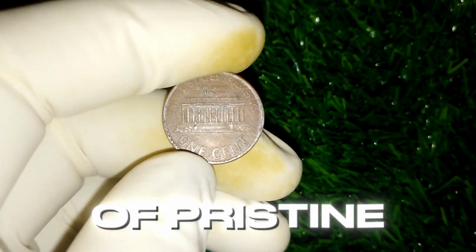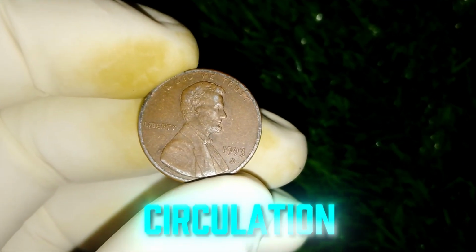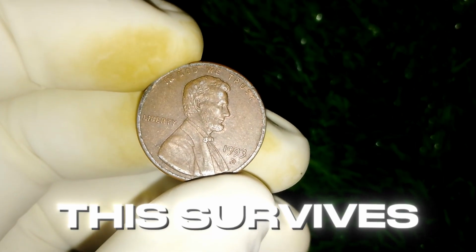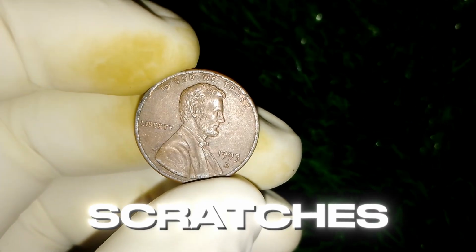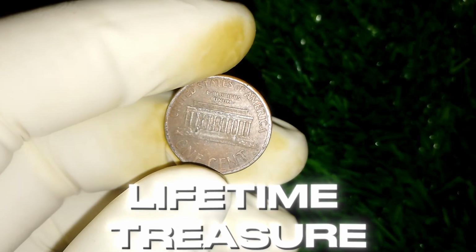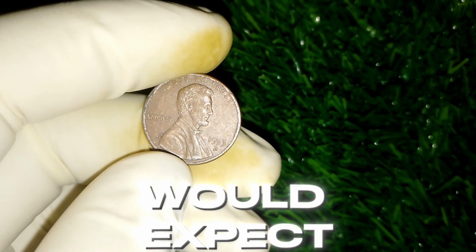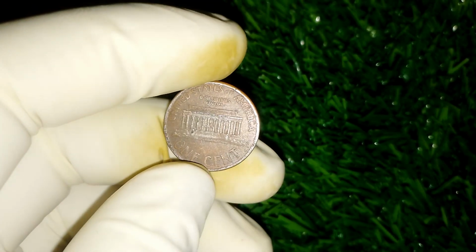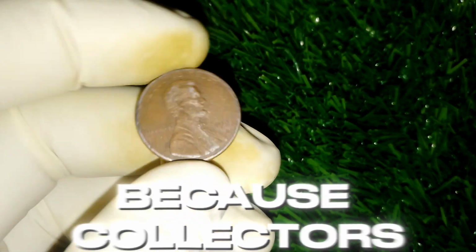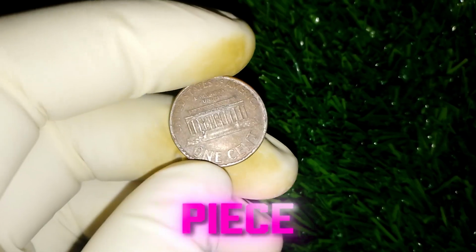Now add the factor of pristine preservation, because coins that were struck in error often end up in circulation and get worn down, making them less valuable. But when a rare coin like this survives in gem mint state with no scratches, no circulation marks, and full luster, it becomes a once-in-a-lifetime treasure. And the market value skyrockets far beyond what anyone would expect, which is how we get to the mind-blowing valuation of $120 million, because collectors, museums, and investors all compete for the ownership of such a legendary piece, driving its